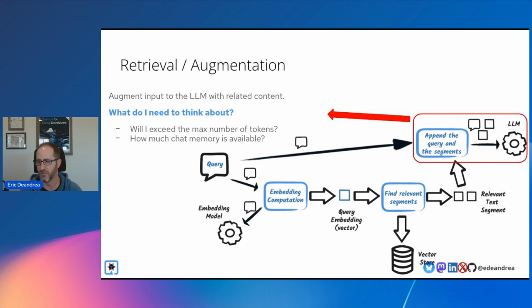Plus, if you're using one of these public models like OpenAI, you're paying every time you send all that data back and forth. You're paying OpenAI for that, based on the number of tokens that you send in and the number of tokens you get back. So it's something to think about as part of your overall strategy here.